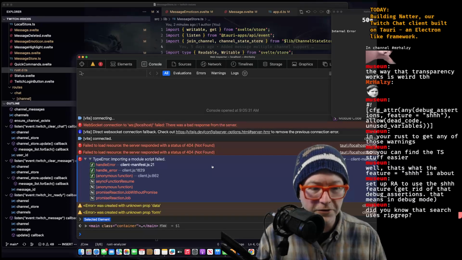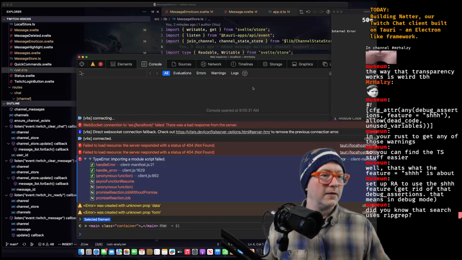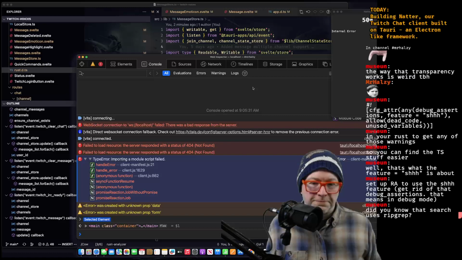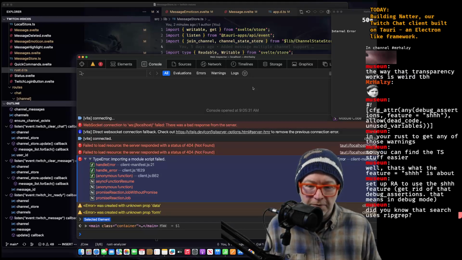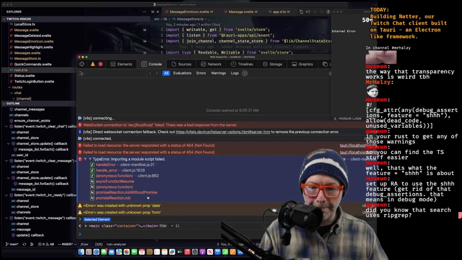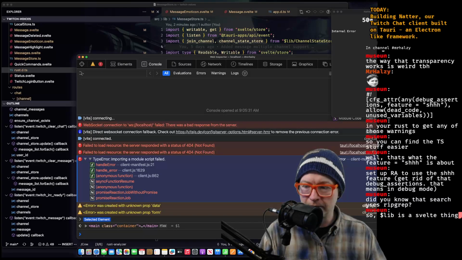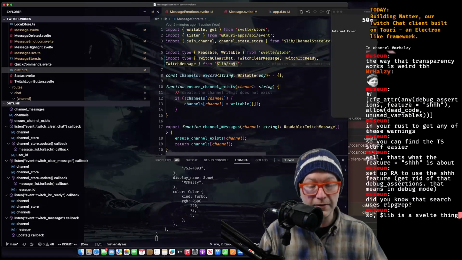Which one? I've changed a couple. Oh, JavaScript. Handle error. Yeah, that's again not useful. Yeah, libs does seem to be a svelte thing that I don't entirely understand.